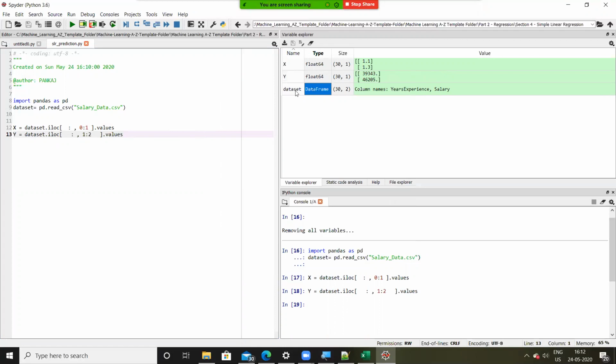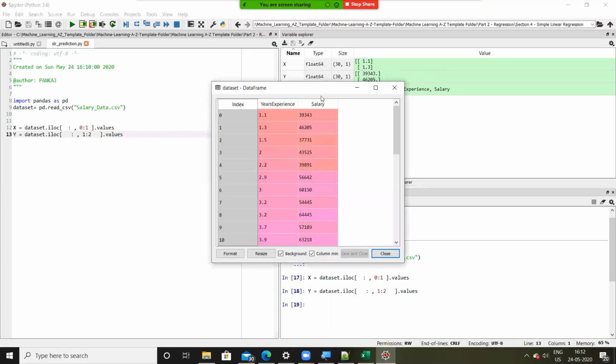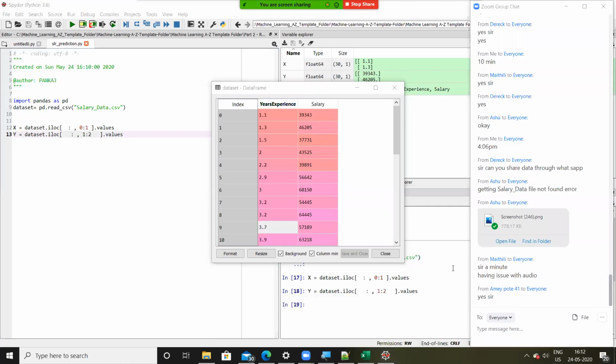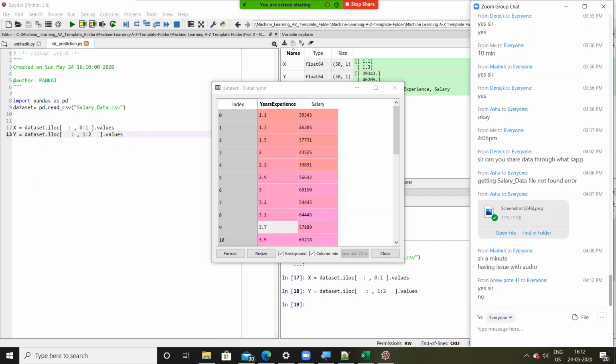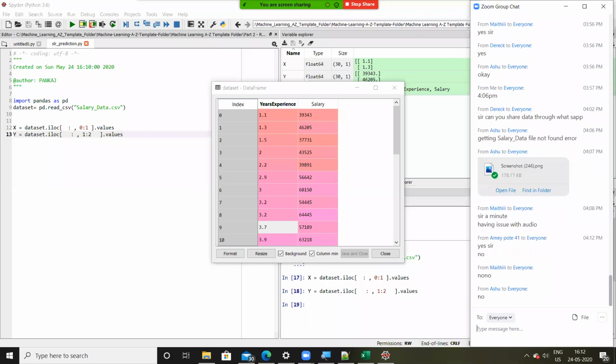Now let's observe the data set. First of all, the first step that we saw in data preprocessing was imputer. Imputer was to handle missing values in inputs. Are we having any missing values in input? Can you quickly tell me on the chat window? Are we having any missing data in input? I see one answer from Amey, that is no, there are no missing values. What about others? Thanks Maithili, thanks Ashu.